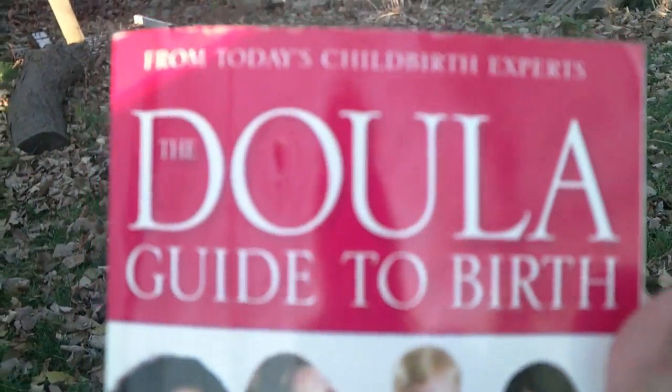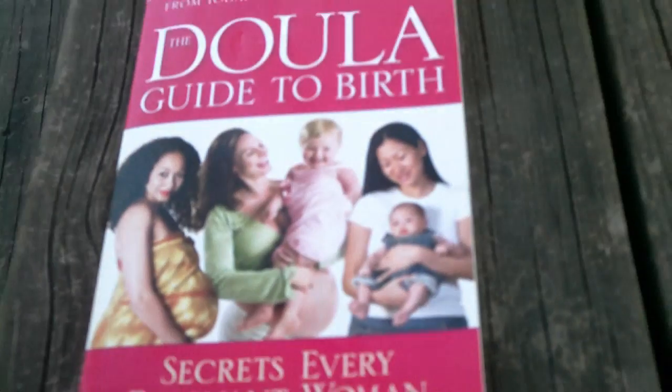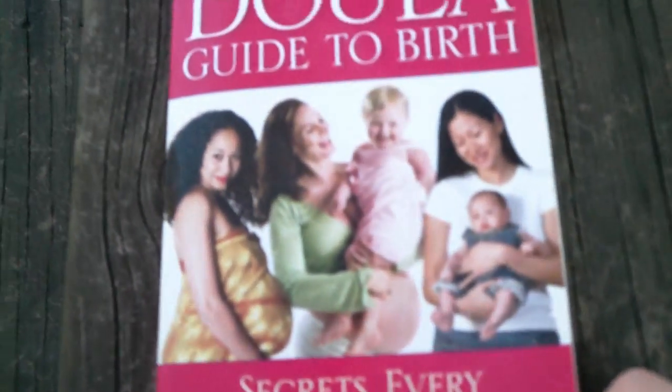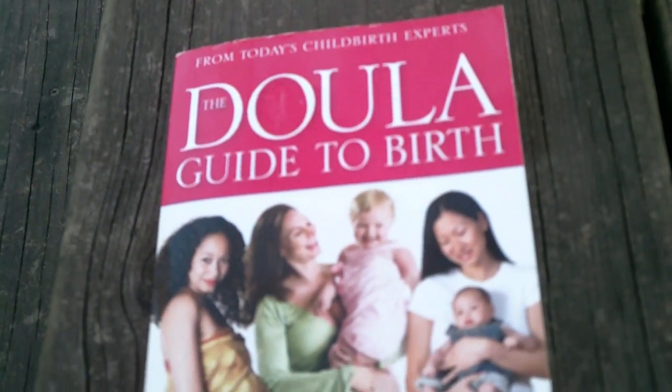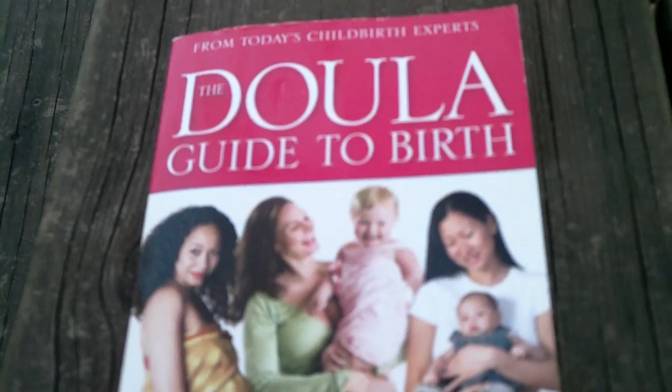Okay, the first one is The Doula Guide to Birth: Secrets Every Pregnant Woman Should Know by Amanda Lowe and Rachel Zimmerman. And what's great about this book, I'm outside because it's really nice today, is that even if you aren't planning on having a doula, this has a